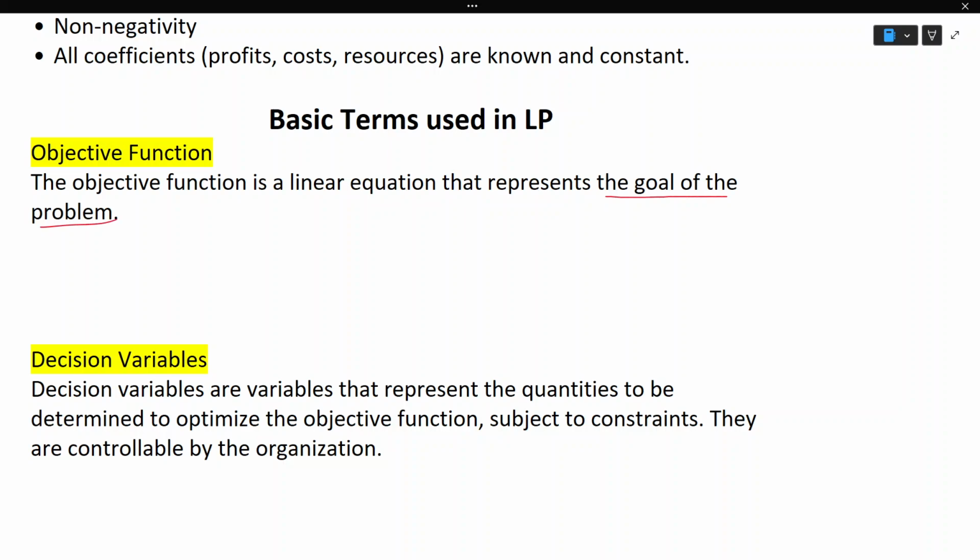And the goal of the problem can be either to maximize profit or your revenue, or to minimize your cost. So we can formulate a linear programming problem, determining the best combination of the decision variables that maximizes a company's profit or minimizes its cost. And it is given by the form